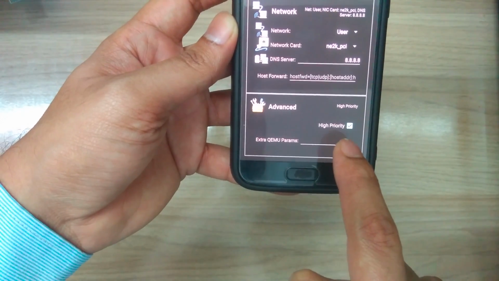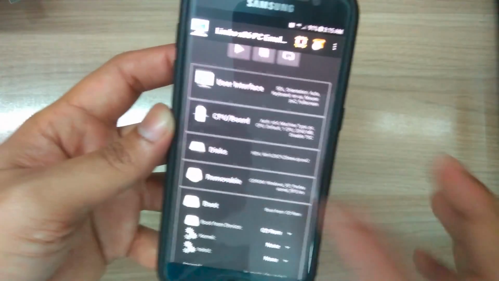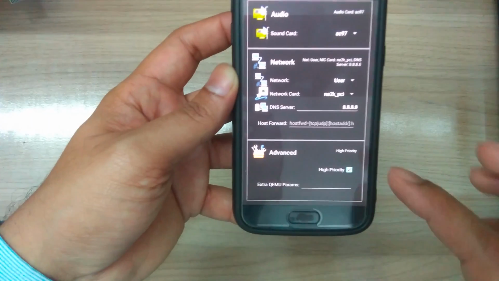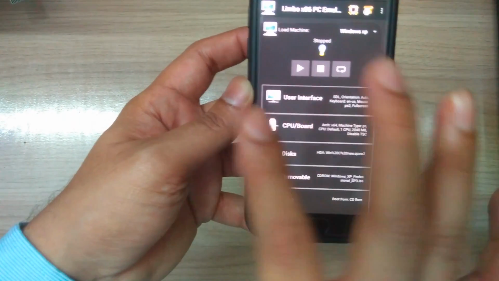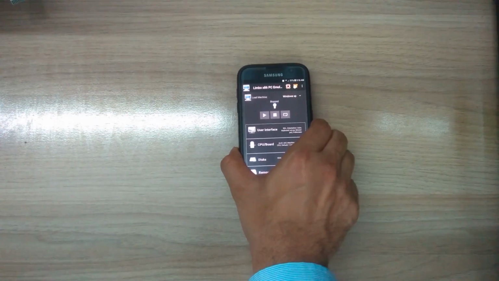You're going to have to check mark this box which says high priority. Now we are done, guys. That was the last one. High priority was the last one you have to do. So I'm going to start this virtual machine, but before I start it, I have to make sure